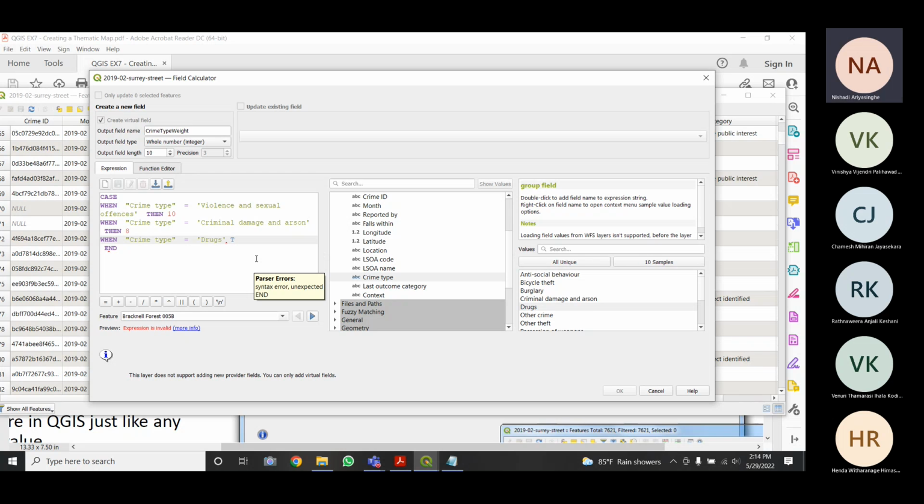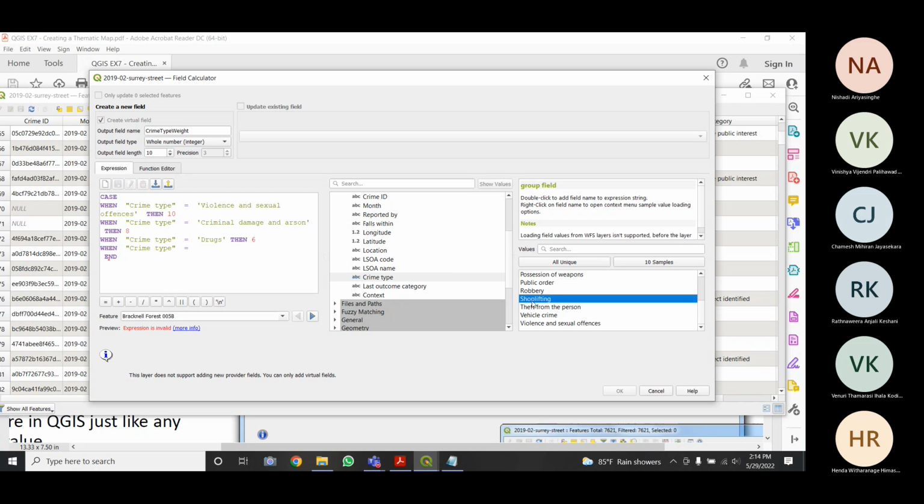Then when crime type equals, let's say robbery, and I'll give 4.